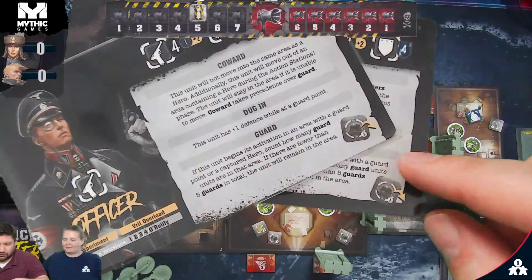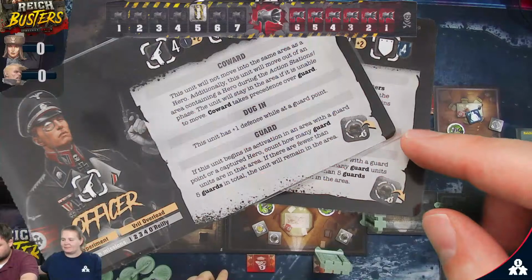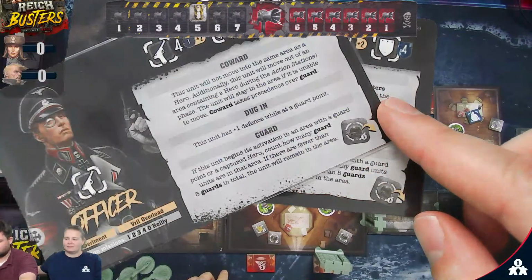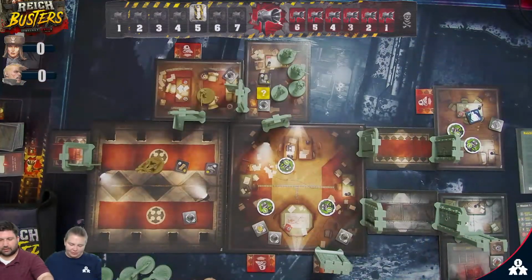Oh, yeah, so these drop regular loot, and the difference is this one, which might be hard to see on stream, has red eyes on it. That's elite loot. So you can tell. Okay, so...